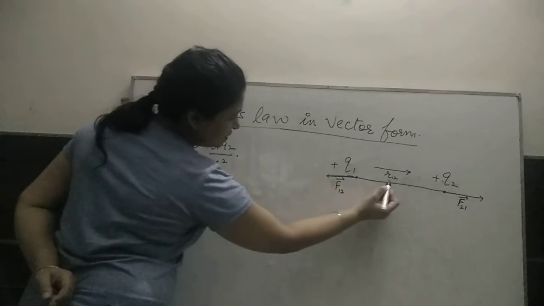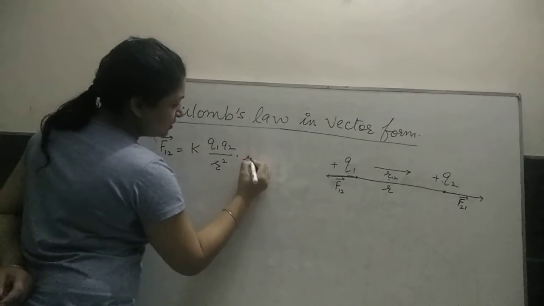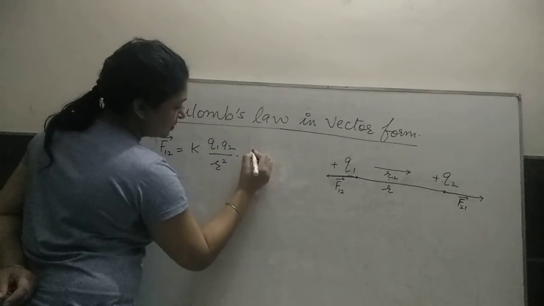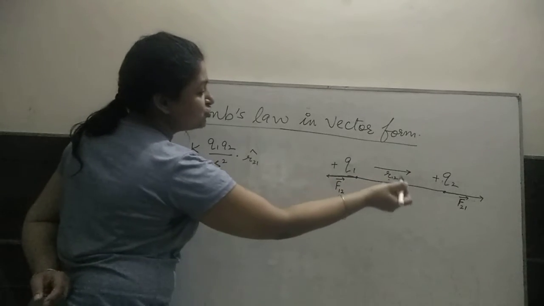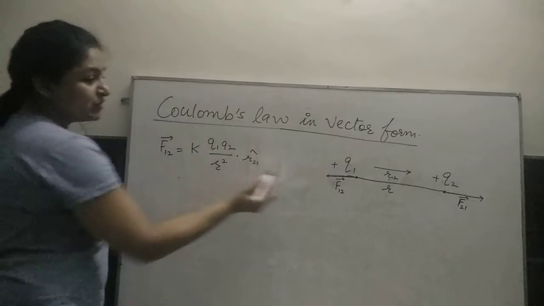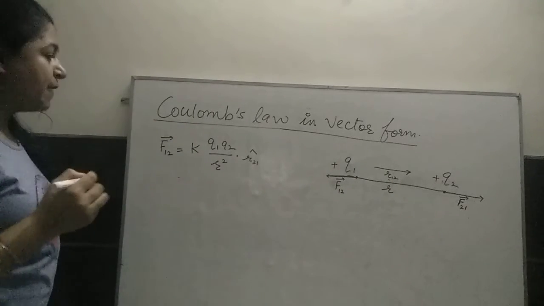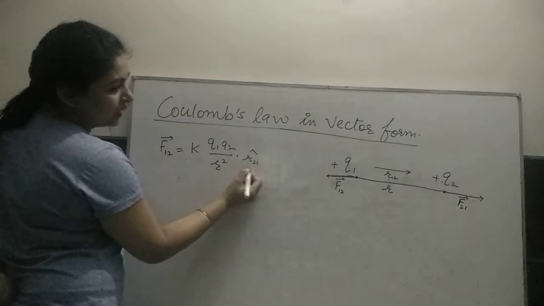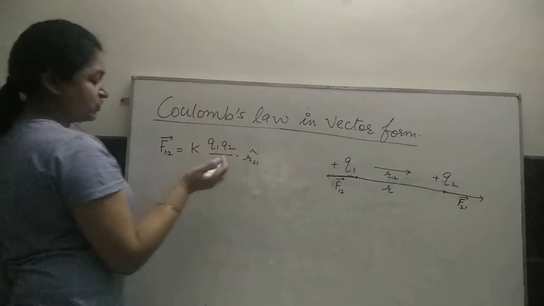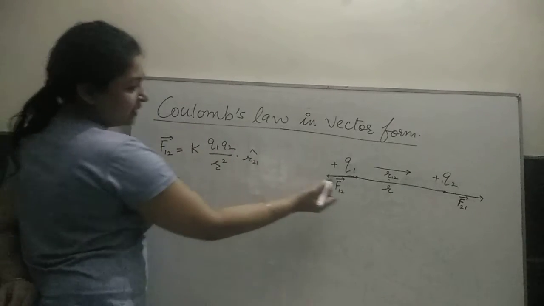This is opposite to this direction. So can I write R21 cap? Or I can write R12 with a negative sign, because this is opposite to this direction which I have considered positive. Or in other words, this is from 2 to 1, it is this direction I am considering. So cap here is simply a unit vector which is telling us the direction